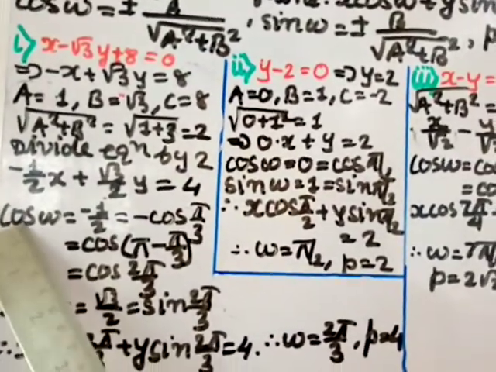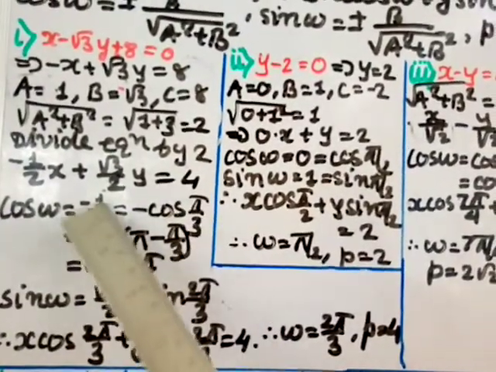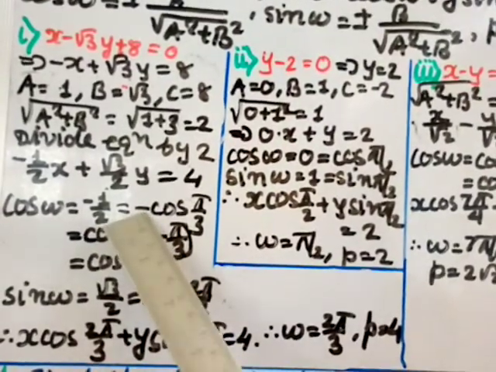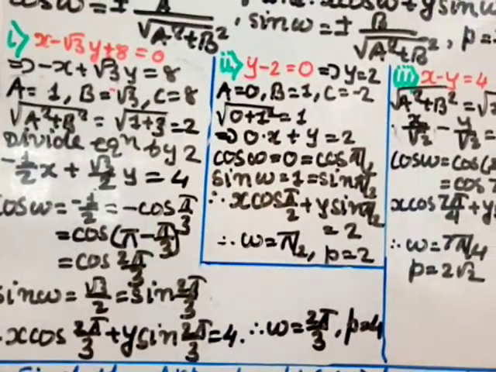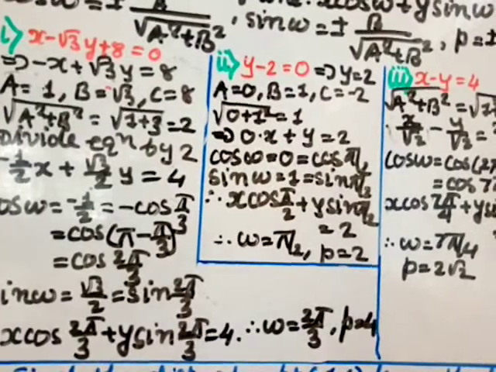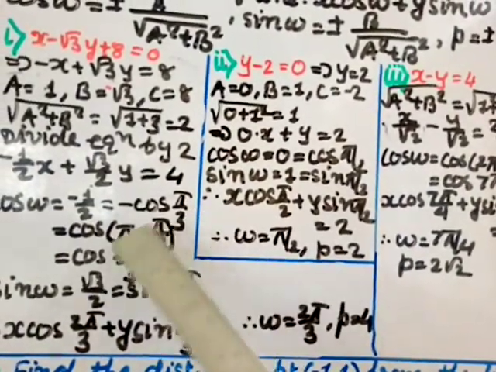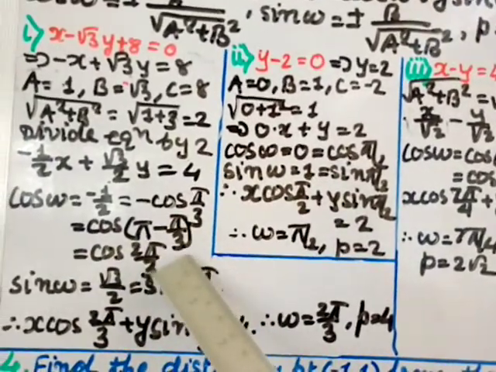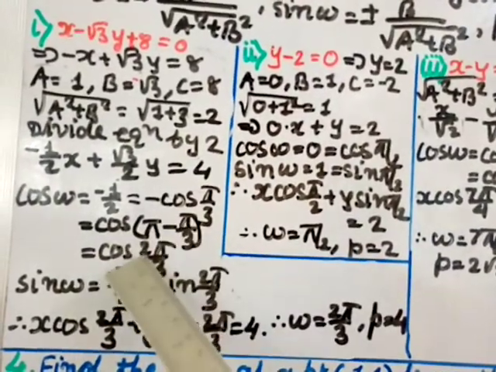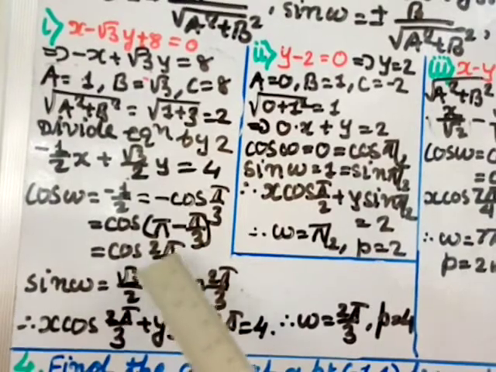So since it is cos, I write cos pi by 3 as 1 by 2. And as I said, this is negative, so it is in the second quadrant. In the second quadrant, the cos form is pi minus theta. So here theta will be, because of 1 by 2, cos pi by 3. So you can write cos (pi minus pi by 3). Take LCM, so 3 minus 1 is 2 pi by 3. So omega value is 2 pi by 3.